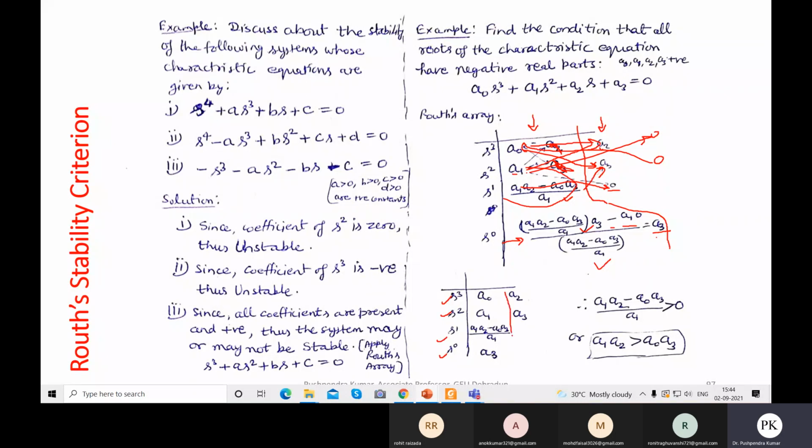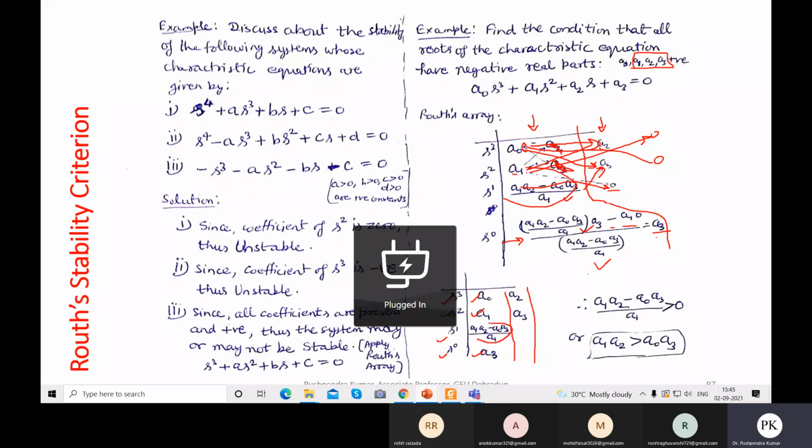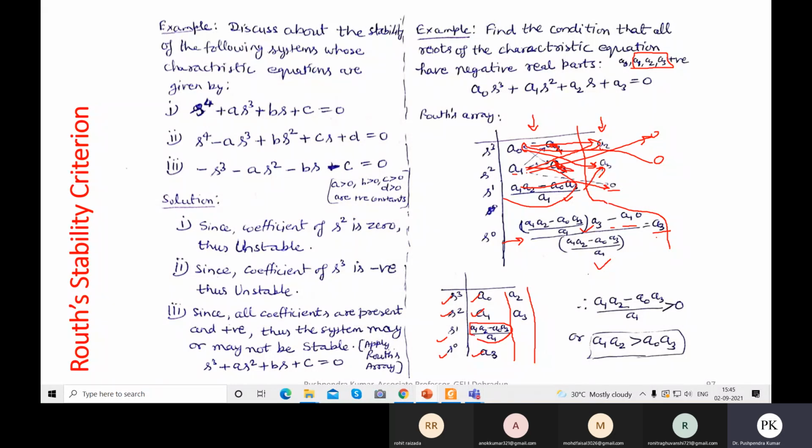First column will be this and second column will be this. Okay, so this is positive, this is positive, this is positive. Because it is given that a1, a2, a3 are positive constants, so these are like 2, 3, 4, not minus 3, minus 4. So these are positive constants, so this is positive. This one, I don't know what the result of this expression will be, positive or negative.